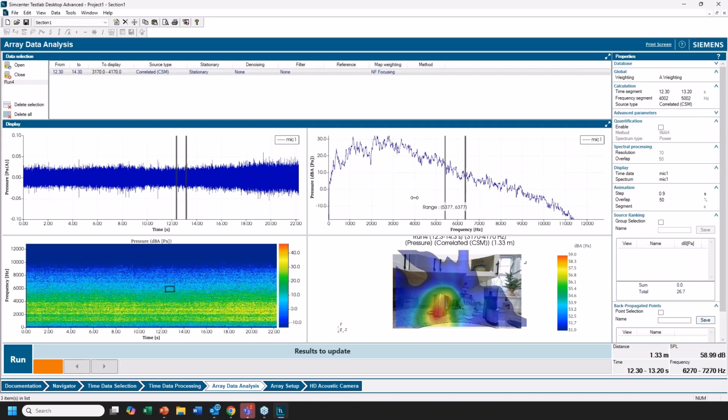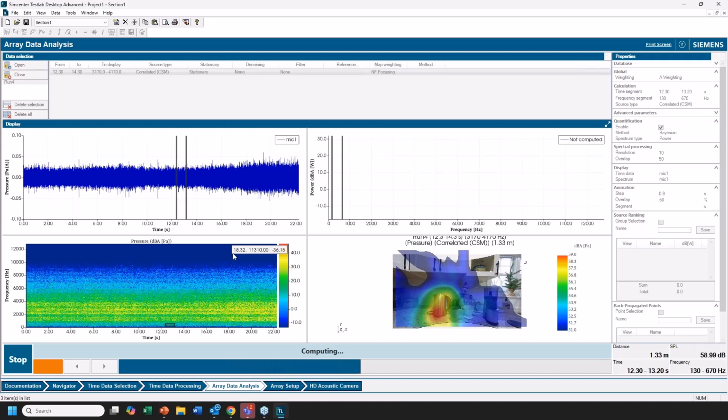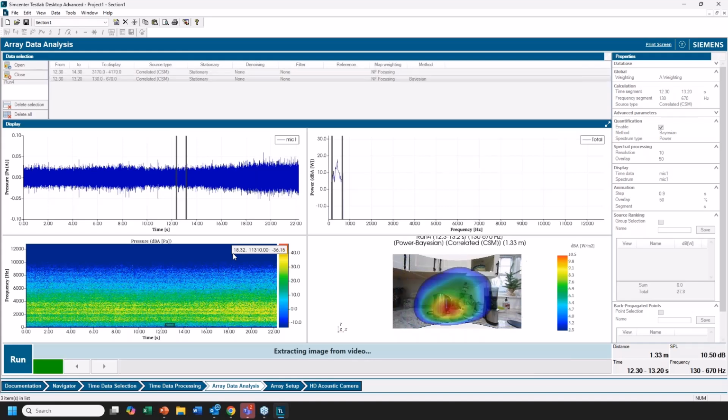If I slide down there to see what's going on, because that's low frequency, I'm going to turn on that quantification method again, which is also a power method. And I'll hit run. And we will wait patiently for that to process. And we'll see what's going on at that low frequency. And we can see that's on the other side of the tea kettle at that low frequency. Very cool. Much more useful. Yeah.